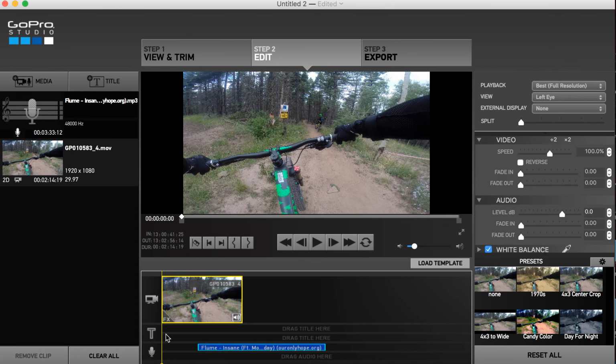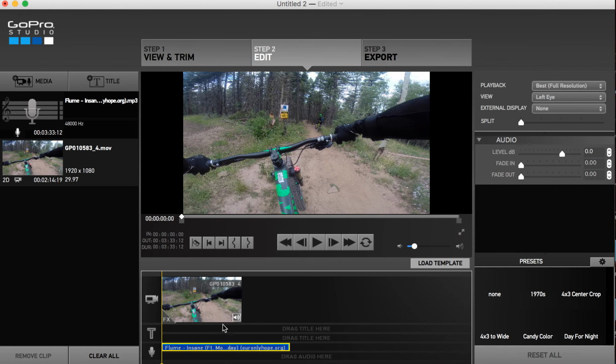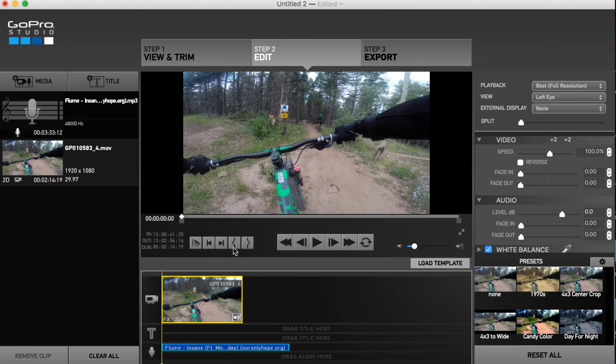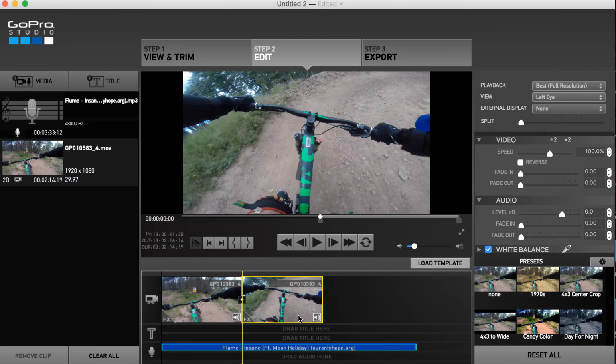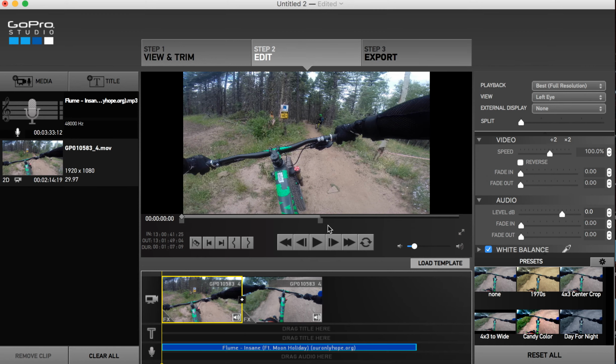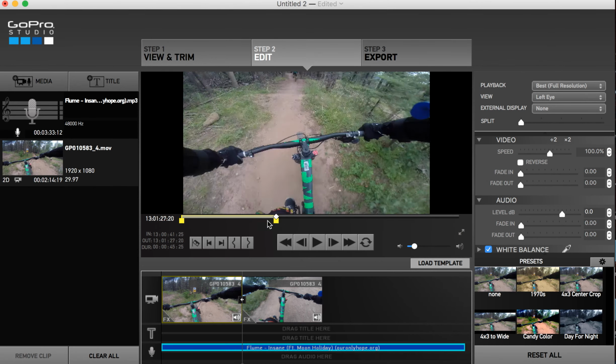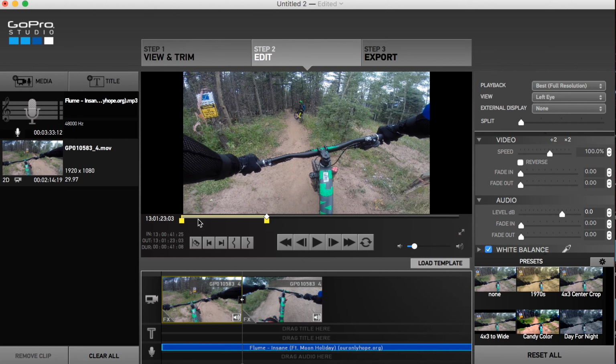Alright, so you got that. Move this back over here. And then a lot of times you're going to want to split the clip. This kind of just splits it in half, so you're able to kind of adjust this over here, and because all of this stuff